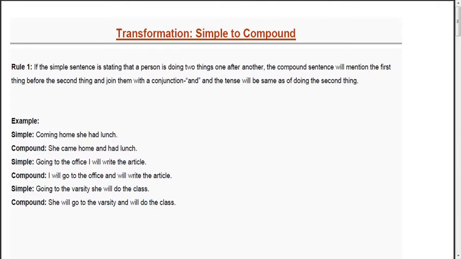So from English second paper today we will discuss transformation of sentences, simple to compound. How to transform from simple to compound or compound to simple, vice versa. In earlier classes, we discussed how to transform from simple to complex. And in that class we also discussed what the sentences actually are: simple, compound, complex. As I said earlier, these are types of sentence according to structure.